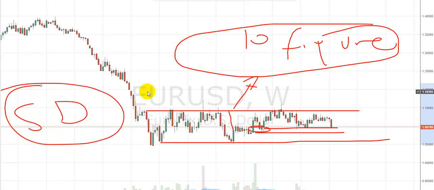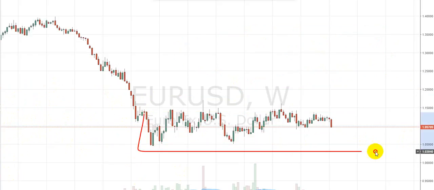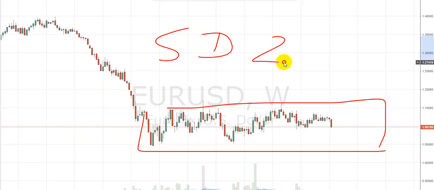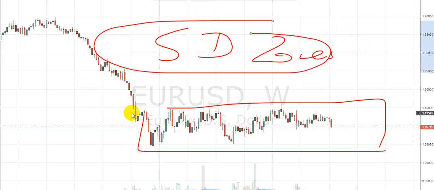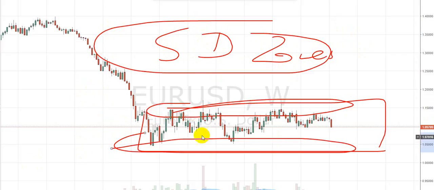All right, if you can highlight the range, then your approach to supply and demand zones should be a little bit different, right? You are trading the top and you are trading the bottom of the range. So